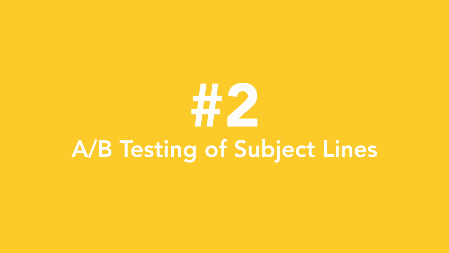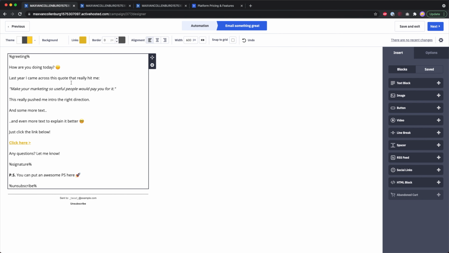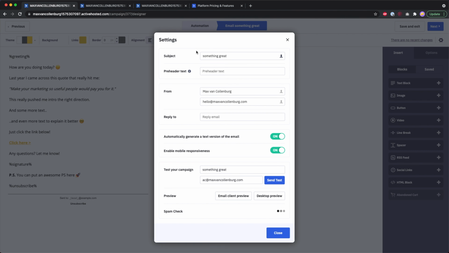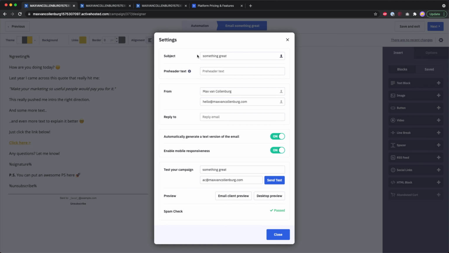And then number 2, no easy A/B testing for subject lines and sender information for emails inside automations. So over here, I have an email inside an automation, and if I go over here to the gear icon, there are no options to do any kind of A/B testing for the subject line and the sender information. I think this is really a missed opportunity because this is basically the first thing that people see inside their inbox, right? They see the subject line and who the email is from. So I think it would be really great if we could A/B test that. And what surprises me most is that this is not possible inside an automation, but it is possible when you send out a one-off campaign.